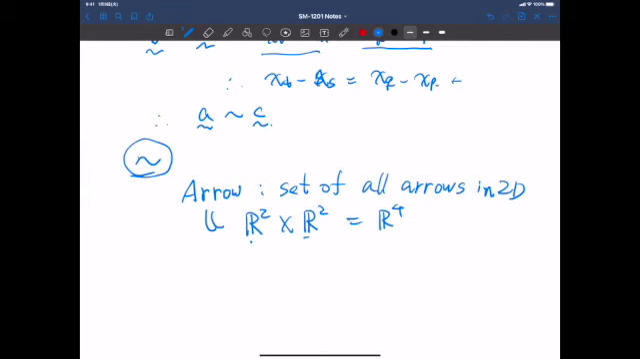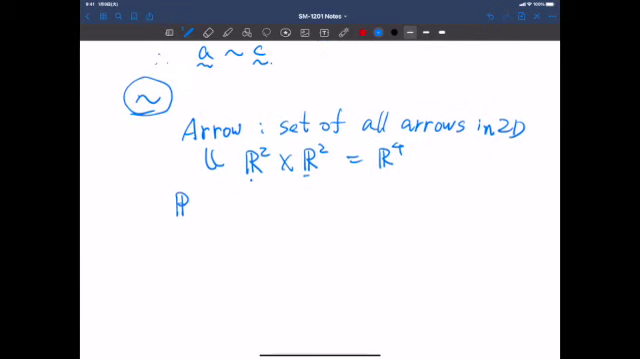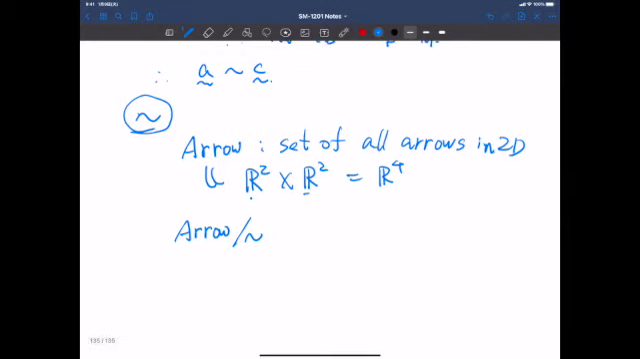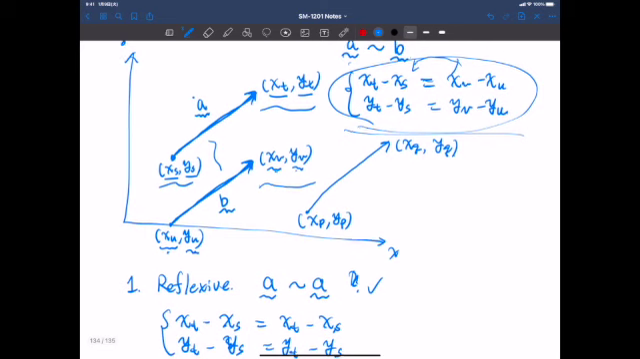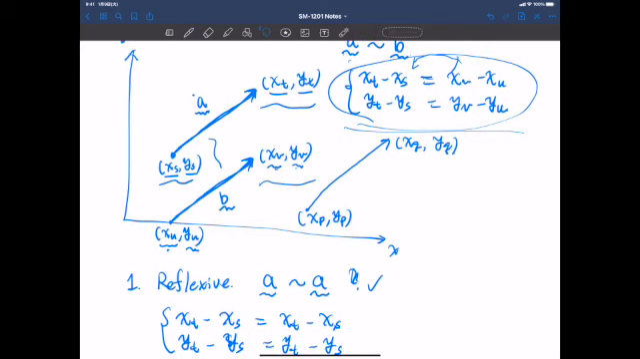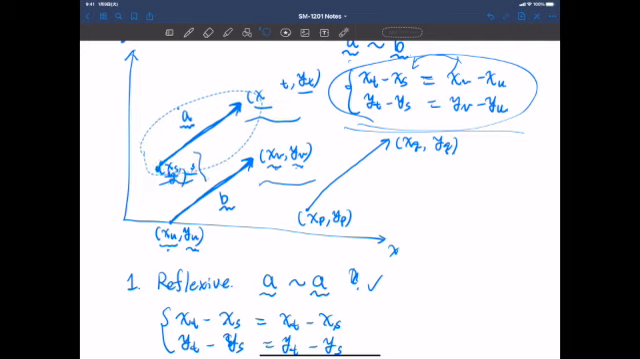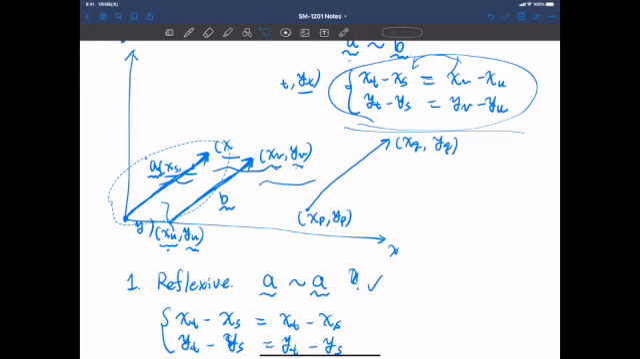So if we introduce this equivalence relation, then we can define the equivalence classes induced by this relation, which gives us this quotient set of arrows, and that is actually isomorphic to R2, because this relation means if we move all these equivalent arrows to here, so the source of the arrow coincides with the origin,